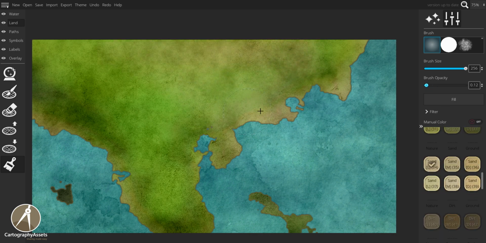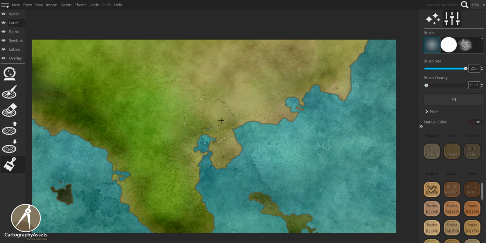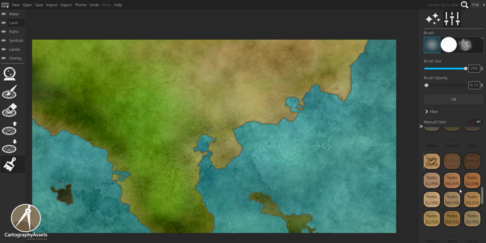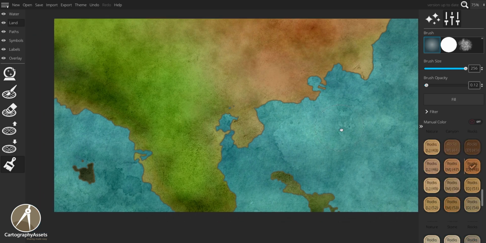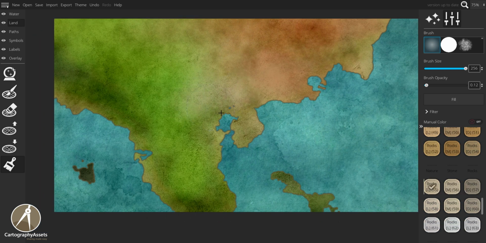Here I'm using a sand color to, as if desaturating the grass color, and I'm adding in my canyon rock color to give it more of a desert feeling. Now it's always important to use a lot of variants of colors, both light and dark, and in between I'm going to add a mountain range, because